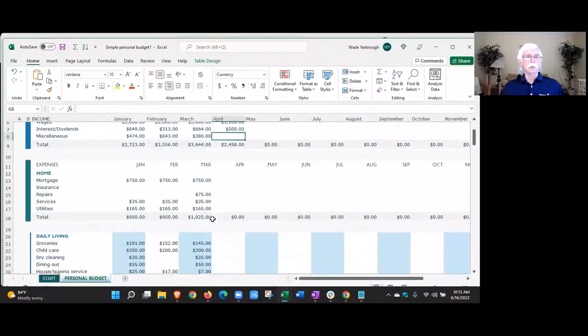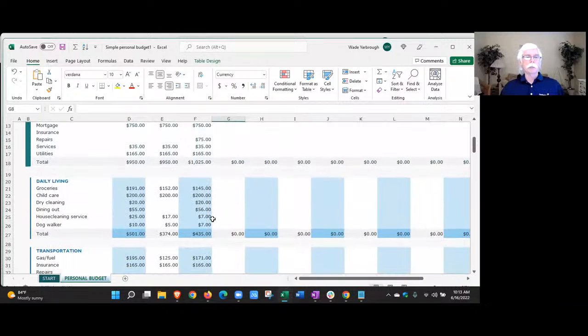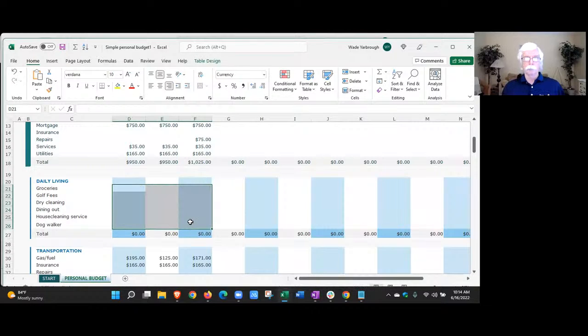Now, with regard to these templates, if there's something in there that you don't use, maybe you don't have any childcare expenses, you could just repurpose that for something else and have it be your golf fees and put that in there. I know a lot of people where golfing is a daily living. Now, these are just sample numbers they've put in there to help you get started. So you would take those out before you get started. So then when you start putting